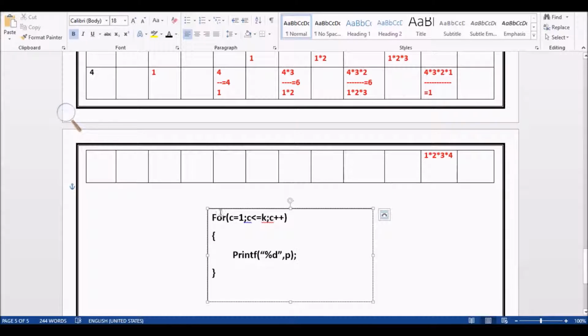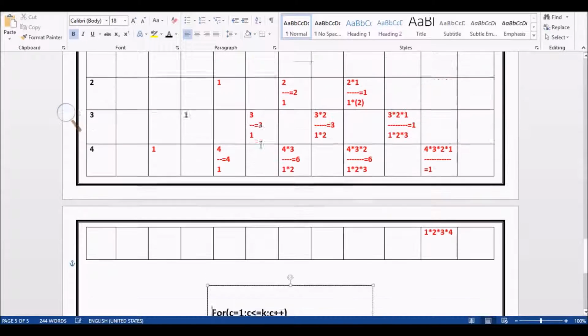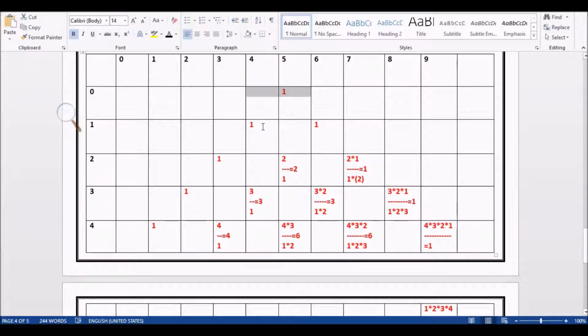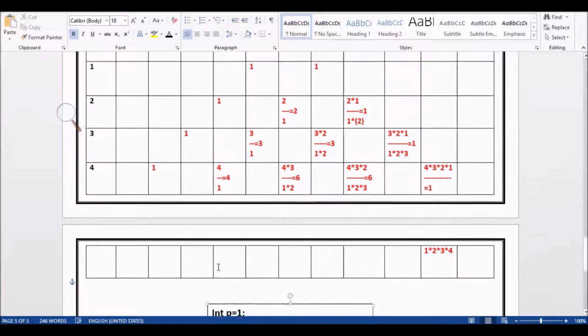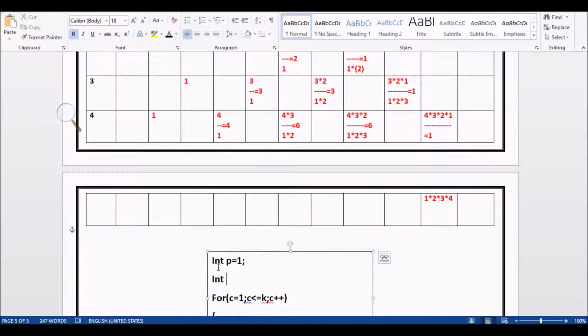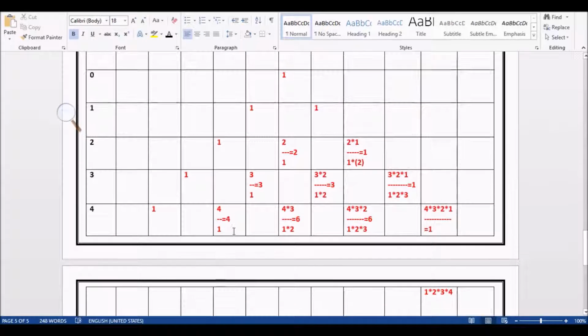Okay, so we are generally starting the values with 1. So 1 1 1. So what I am going to take: int p is equal to 1, I am taking like this, and here int numerator is equal to the row value, because see here we are taking 2, that is the value of the row.